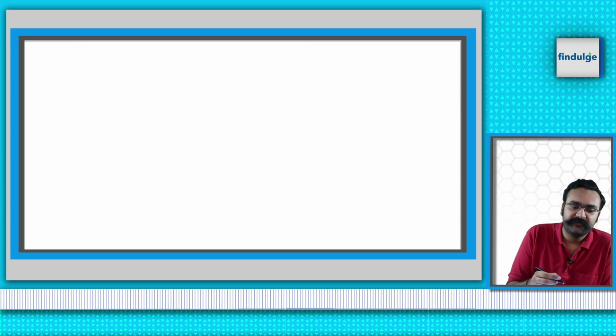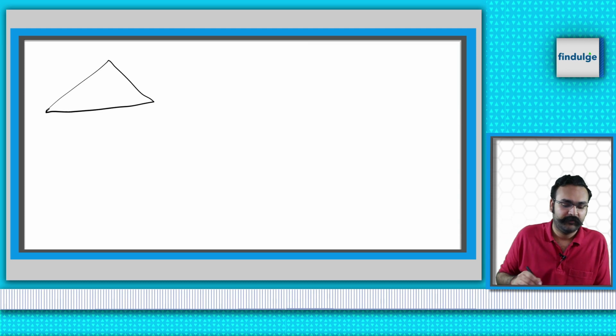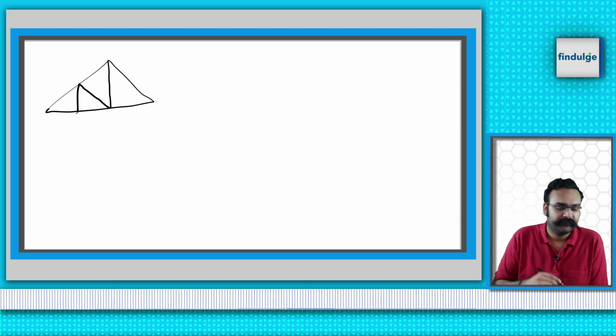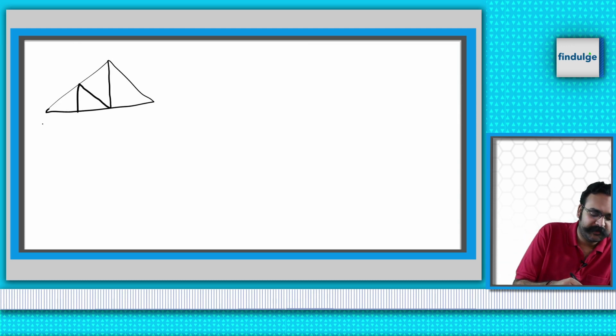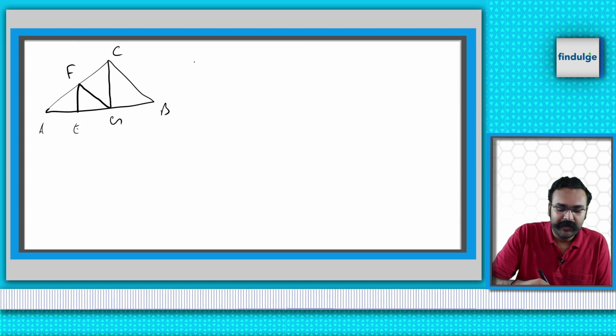So we're given a figure in which we have triangle like this, and we are given that is a shape like this inside it, like this. Now I'm going to name this triangle, let it be triangle ABC, and let this be EFG over here. We have to prove that